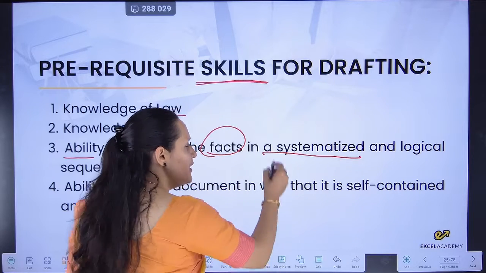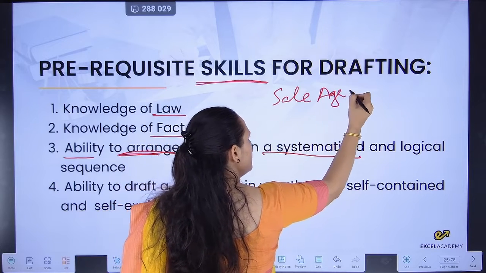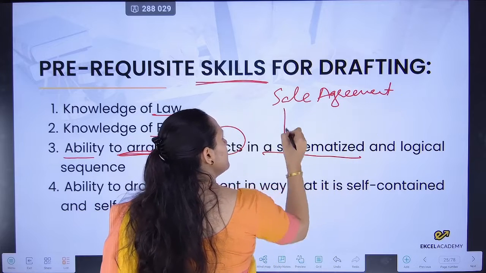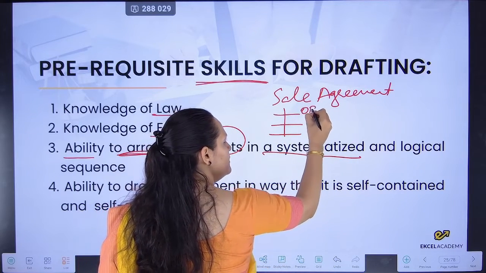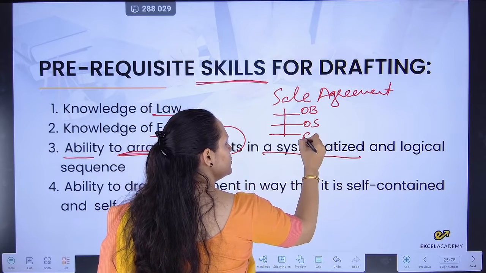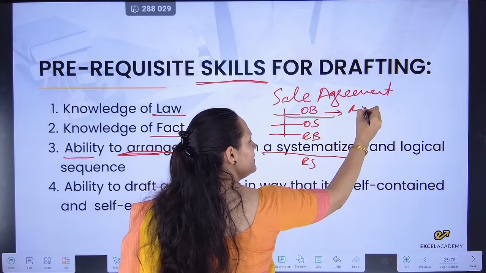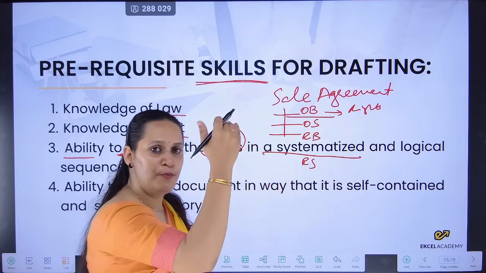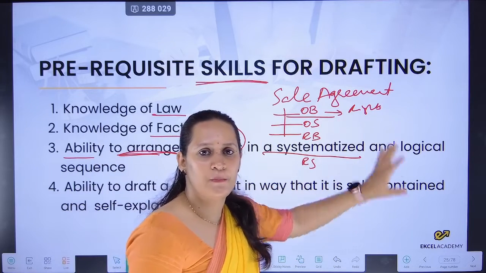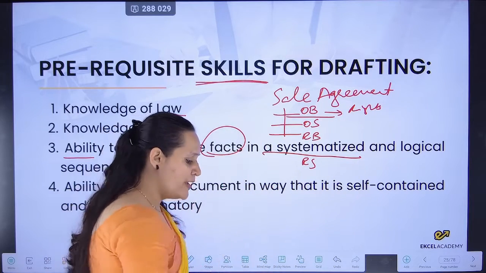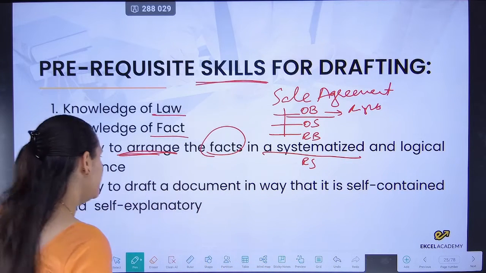So suppose let's take the same thing. I'm dealing with the example of a sale agreement. In the sale agreement, if you're going to say what are the obligations of the buyer, obligations of the seller, rights of the buyer, rights of the seller, suddenly in between obligations I cannot start writing the rights. There should be a proper logical sense of why we are including a particular clause at one particular point, right? So whatever you're doing, it should have a systematic and logical manner of including into the legal document,